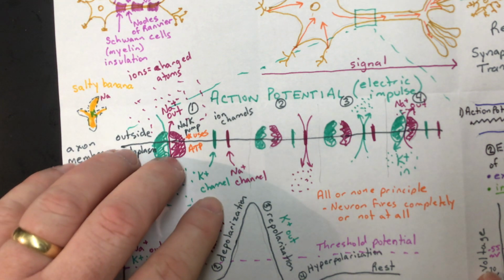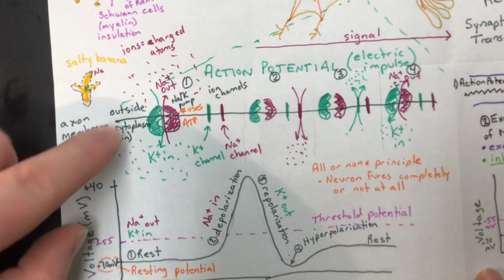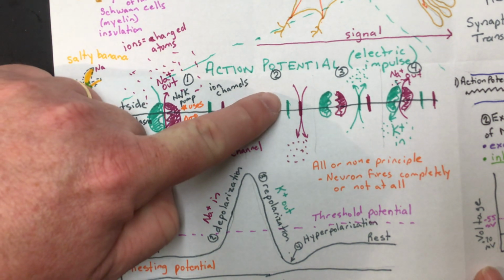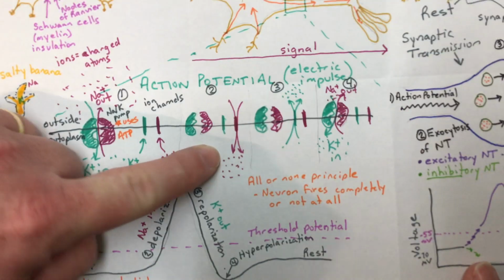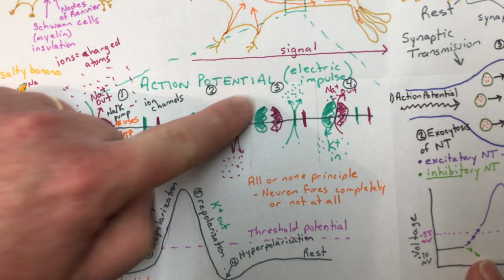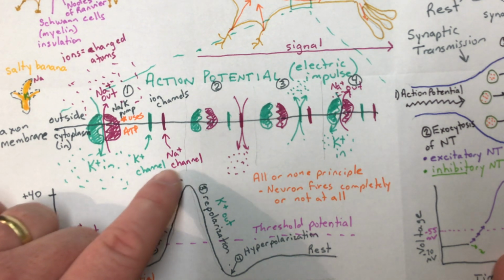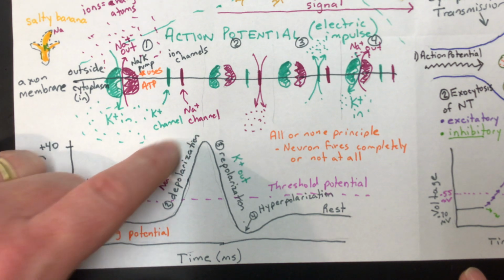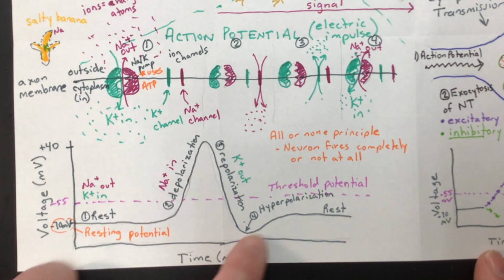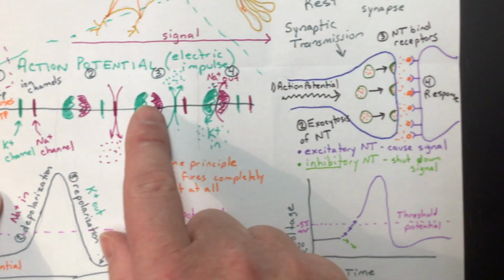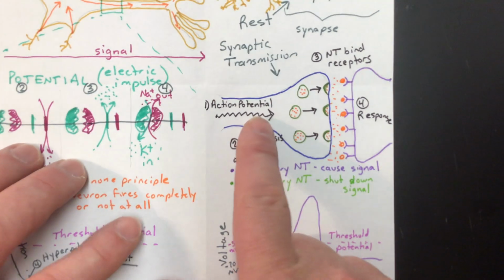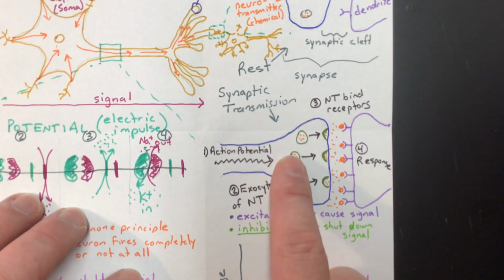When a neuron gets a stimulus, gets a signal, these ions change places. First, sodium comes in. Next, potassium goes out. And that's what causes this electrical signal, because these sodium and potassium are ions, charged atoms. And that causes this change in voltage along a neuron. Once that action potential reaches the end of a neuron, the axon terminal, that causes the chemical signal, which is